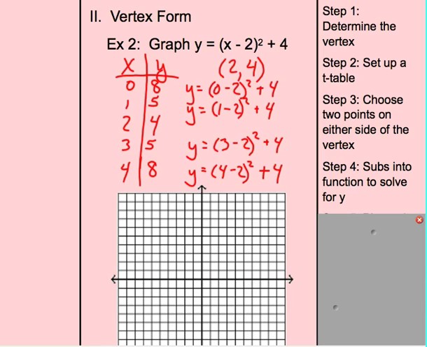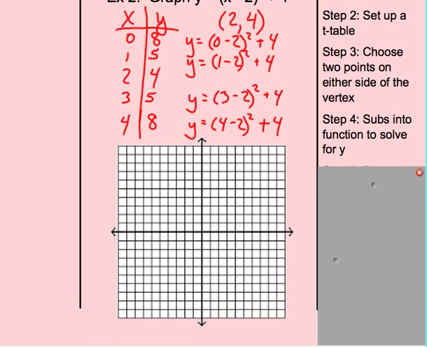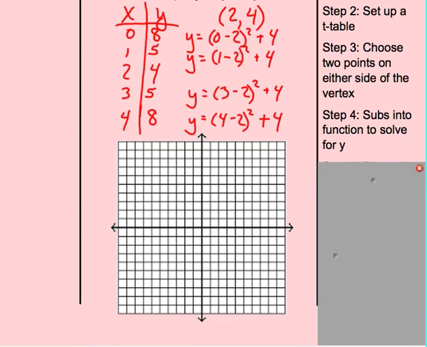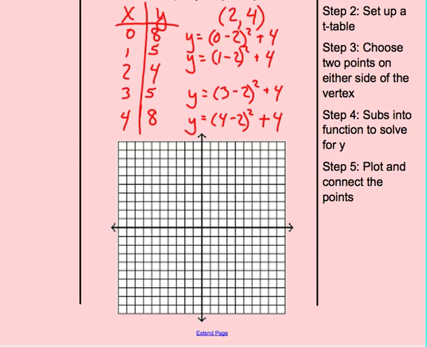So now you may be noticing a pattern in our t-table. Maybe that only worked on this one. I don't know. We'll check it out on the next example as well. Finally, we are going to plot and connect the points as a smooth curve, making sure there's no point at our vertex. So we've got 0, 8, 1, 5,